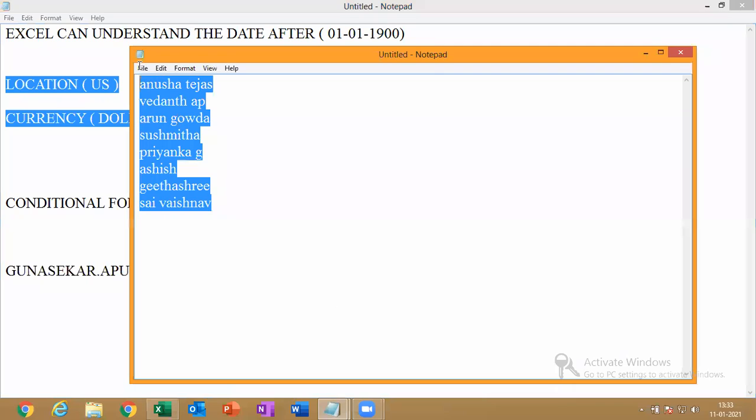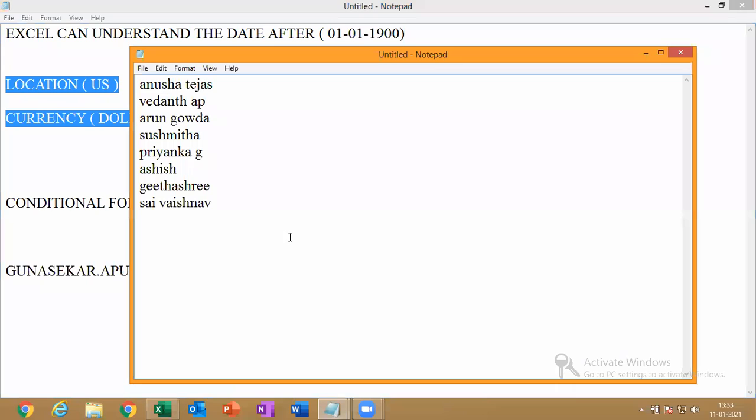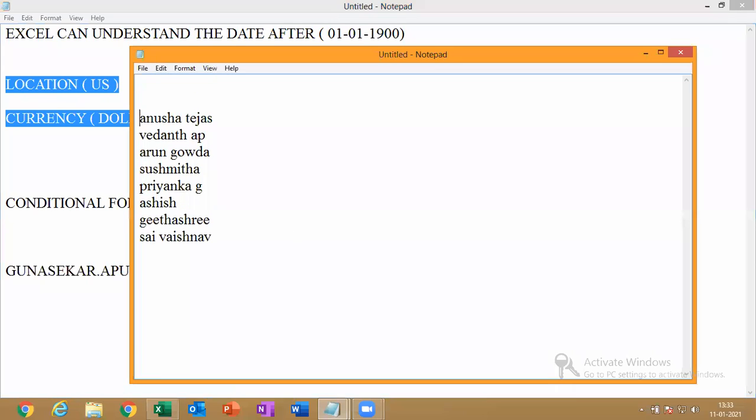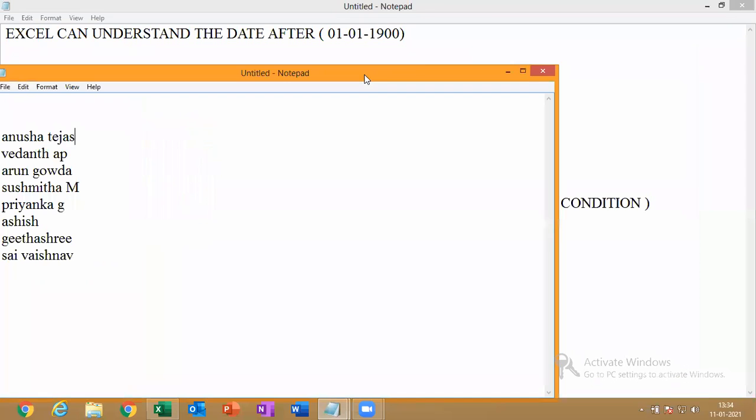Yes, only these people. So only these few people have submitted the assignment, so they will be getting the marks.